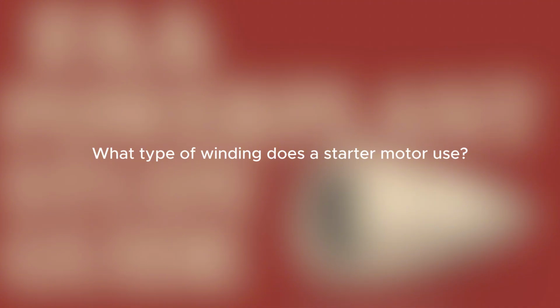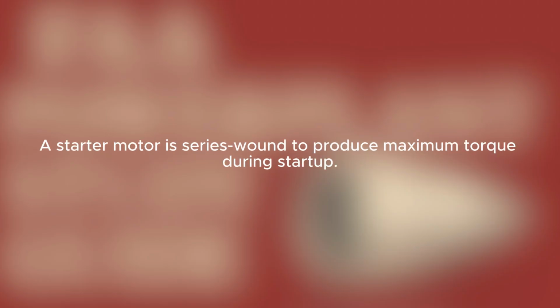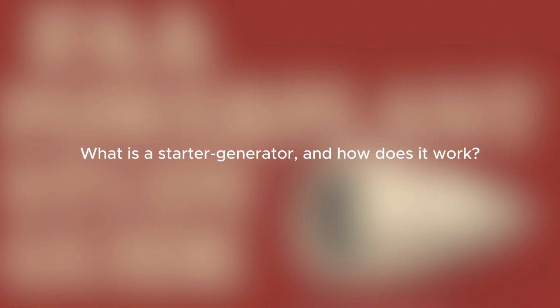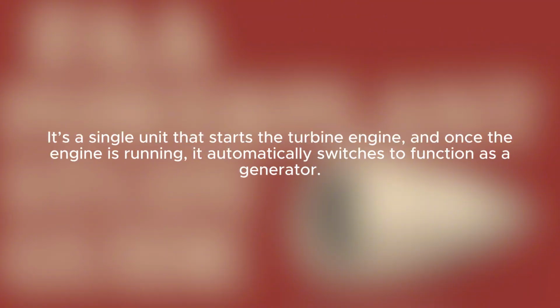What type of winding does a starter motor use? A starter motor is series wound to produce maximum torque during startup. What is a starter generator and how does it work? It's a single unit that starts the turbine engine, and once the engine is running, it automatically switches to function